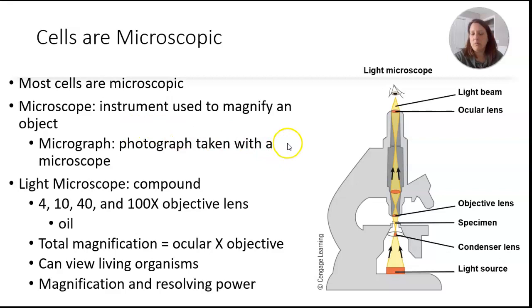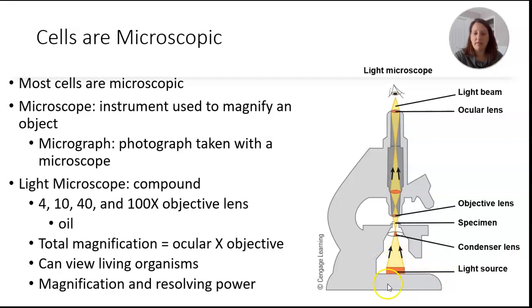The light microscope, which we have here, right, this is the one that we've used in the lab. It's called the compound light microscope, and hopefully you know that's because there are 2 lenses, the ocular and the objective lens between your eye, where you would look through, and the specimen, which sits down here on the stage. And so that's why we call it a compound light microscope. It's light because we're using light down here. Here's our light source.